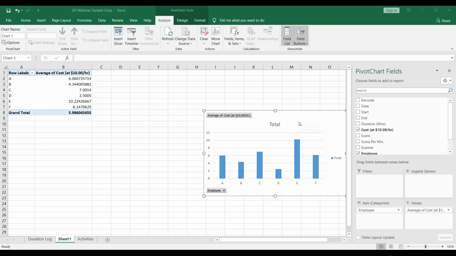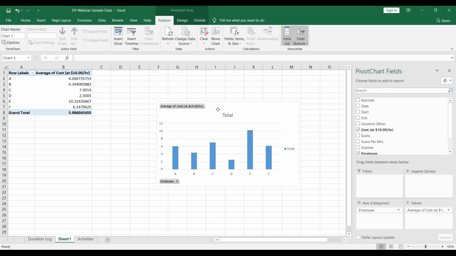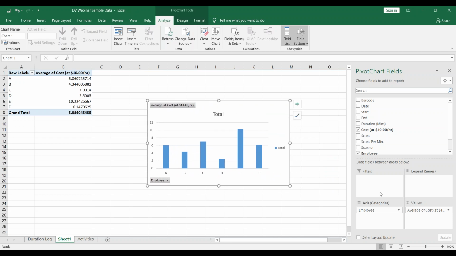And this will give us a little bit of information. But what if we want to dig deeper? I noticed that I have two different types of scanners. I wonder if that makes a difference. So there's a couple of different ways to do this. So we can either put it into the legend